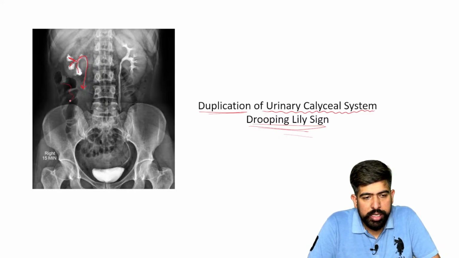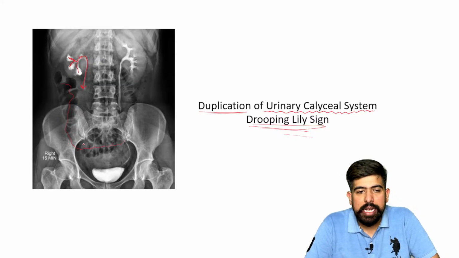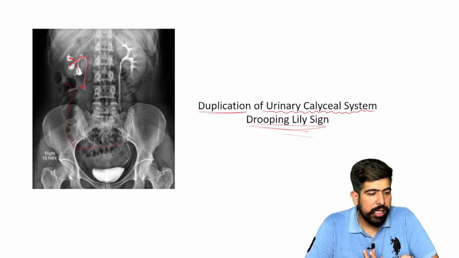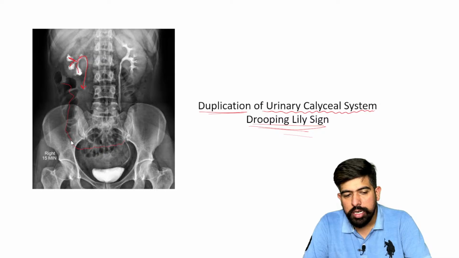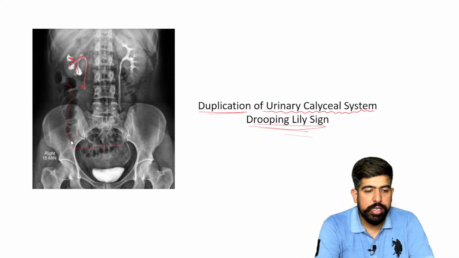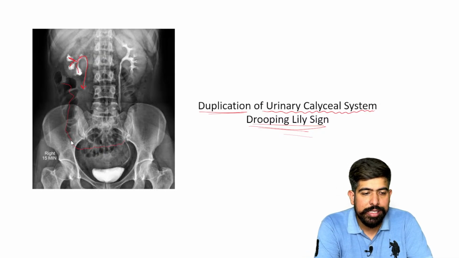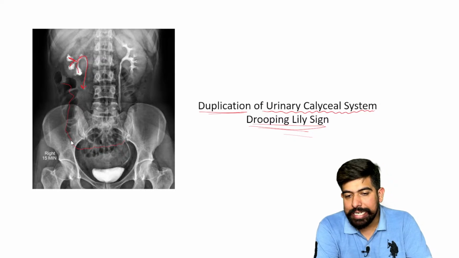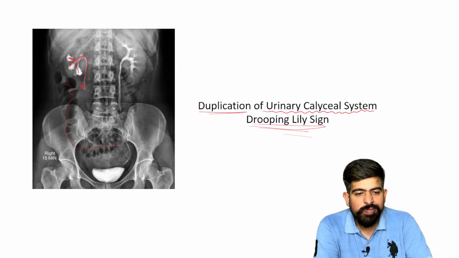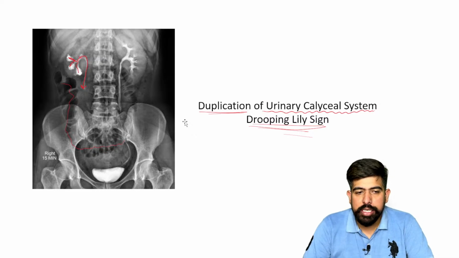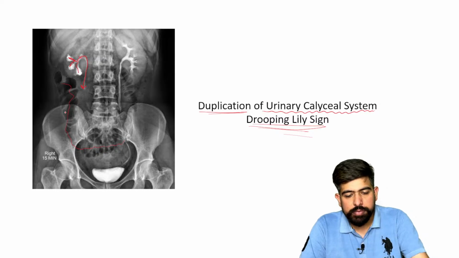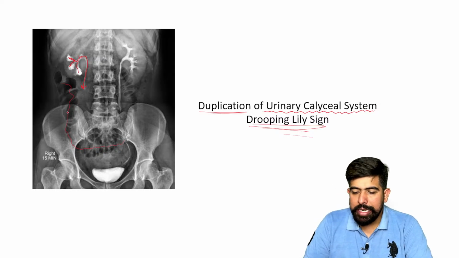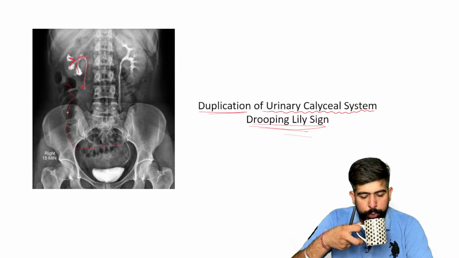Guys, what about these air-filled things here? Yes, this is the intestine. Okay, as earlier you were asking, sir, how is this bubble seen? Okay, doctor, so this is the air which is trapped over there, right? So you can see this air on the x-ray, in the intestines also, right? Now no bubble is seen because air can pass through it. Okay, so this is your drooping lily sign.